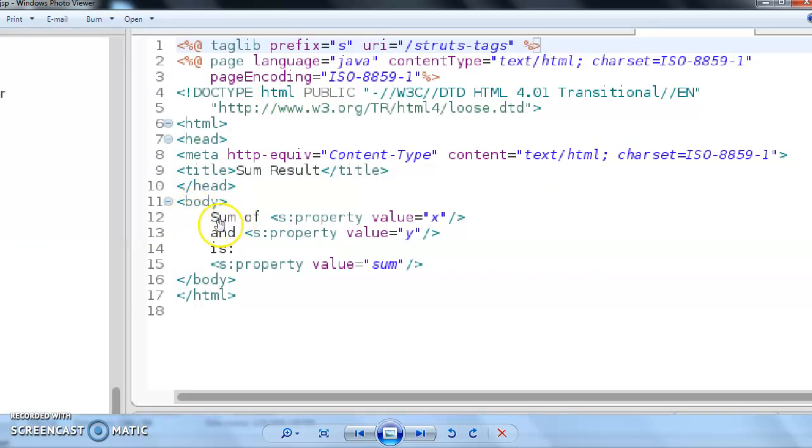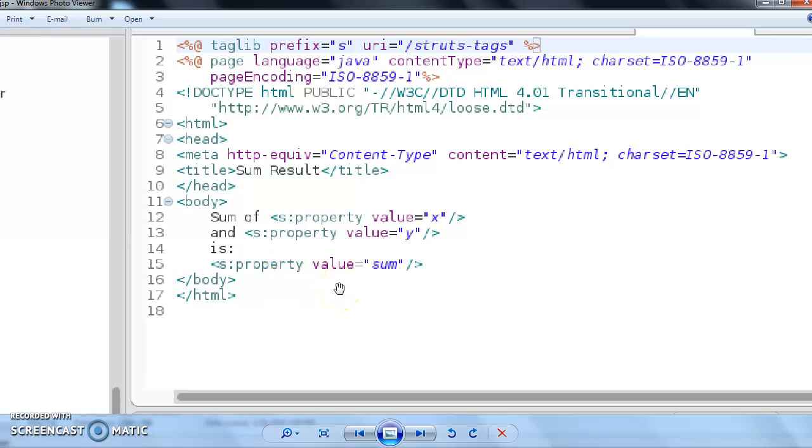As you can see, we are extracting the value of x and the value of y. Now x and y are the two variables defined in our Java file, whose values we are going to return. And sum means the sum of two numbers is sum. Again, sum is the variable which we have used in our SumAction class, and we are going to return the result back.